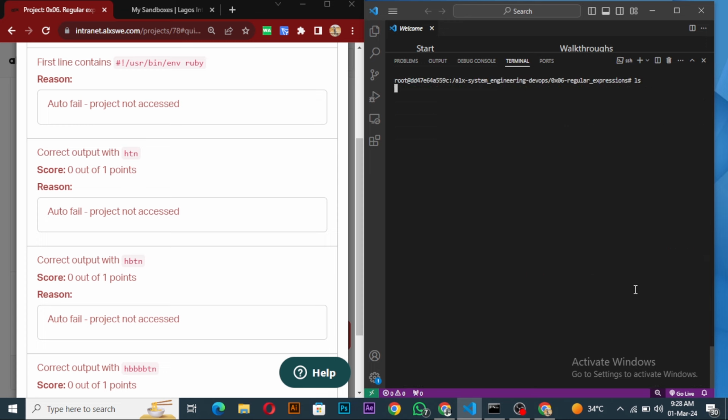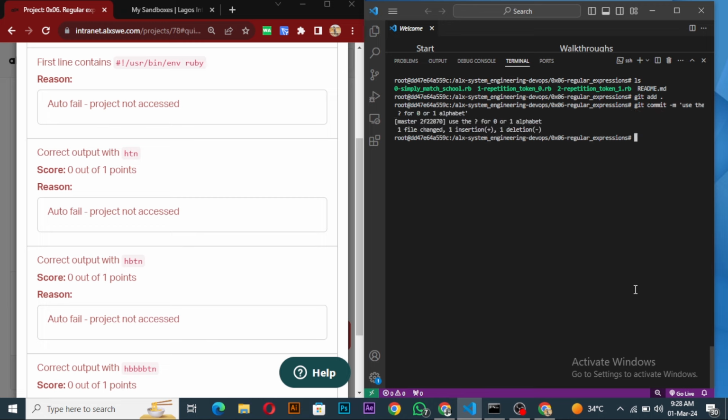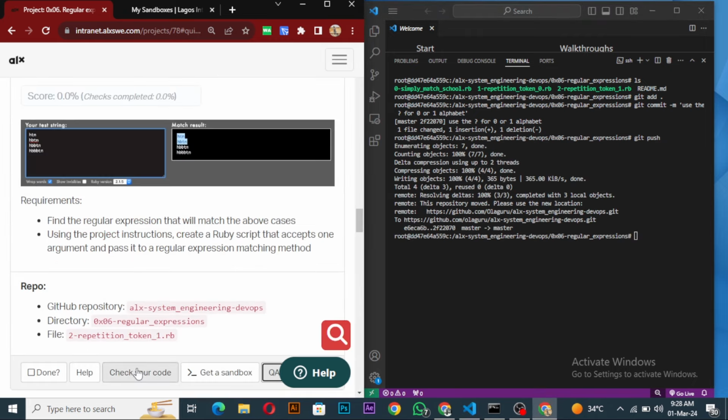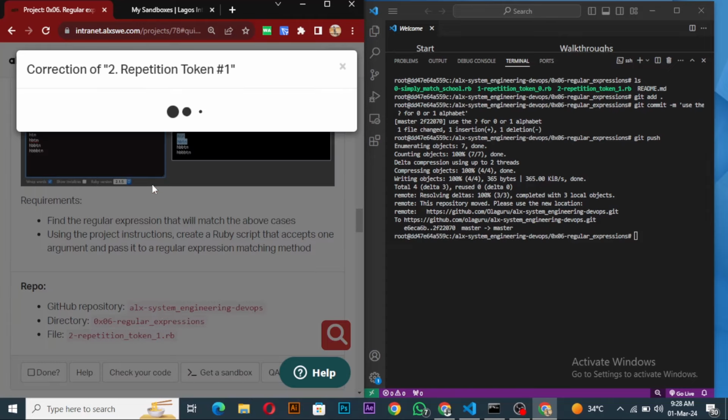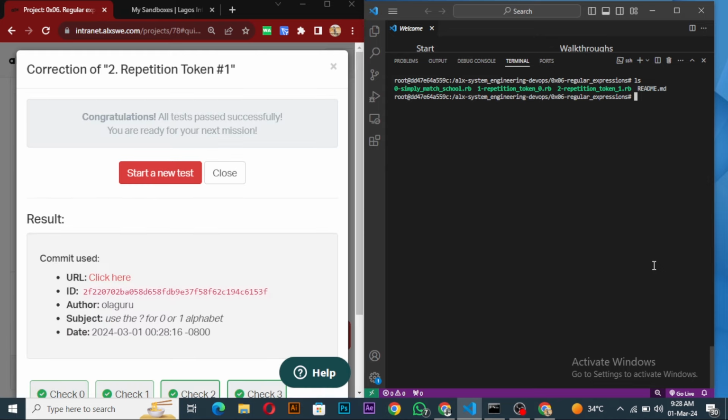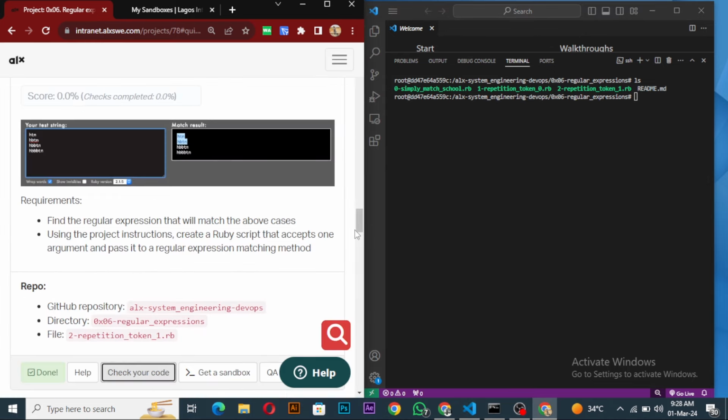So I'm so sorry. Git add. So I was right all the way. I was right. Git commit and git push. So we have that, and let us check our code. So I was right. So the question mark is for 0 or 1. Okay, so the next one is